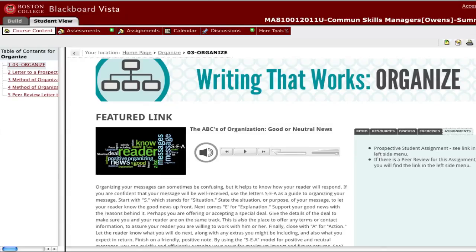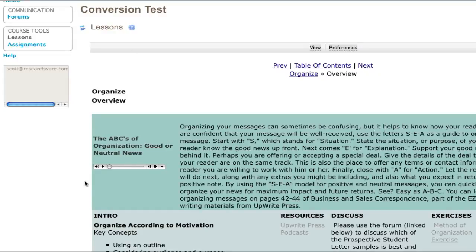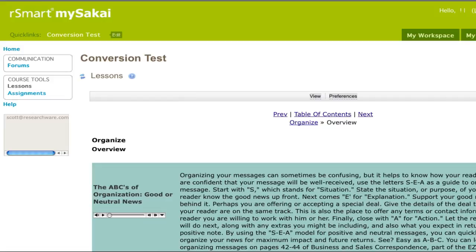So here's Blackboard Vista, a nice embedded Flash object to play the audio. In Sakai, I was able to just upload the MOV. I had to convert it from an MP3, but then it embeds very nicely just by putting the cursor in and hitting the video embed button in the WYSIWYG editor. Not a problem. And in Canvas,